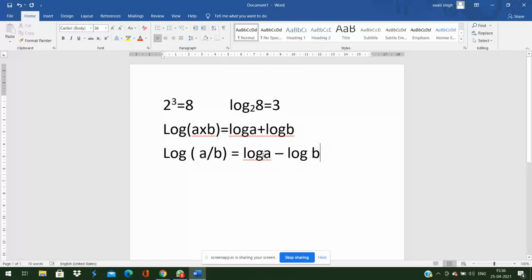Its explanation is in maths. Especially here I am discussing only the formulas used in chemistry with base 10. Now there is one more formula. If we are taking log of m to the power n, or a to the power b, it's very interesting to understand. b will be multiplied, the exponent will come in front. That means b into log a, and this log a value we can observe from the log table.